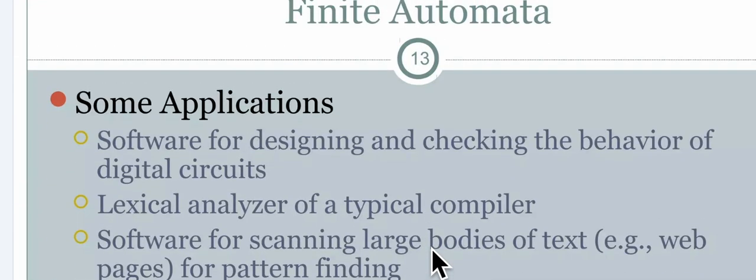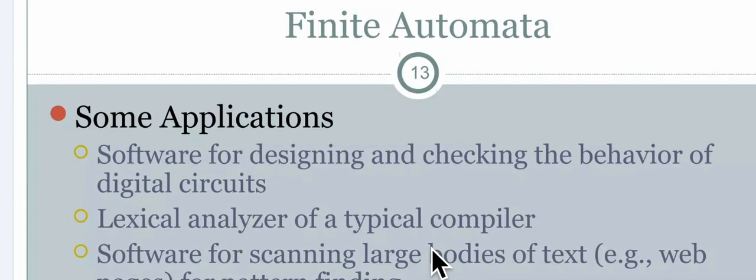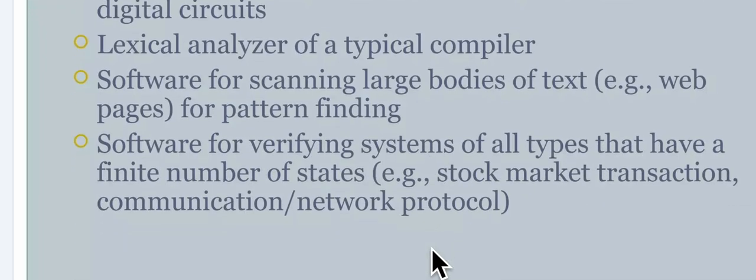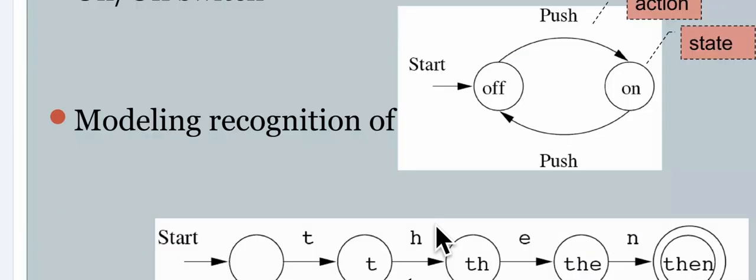Now, finite automata, the first abstract machine, has some applications. They have been used for designing and checking the behavior of digital circuits. For example, the first module of a compiler, the lexical analyzer, has been devised using the concept of finite automata, and also software for scanning large bodies of text, such as web pages, for patterns. So this is the application. Now next what we